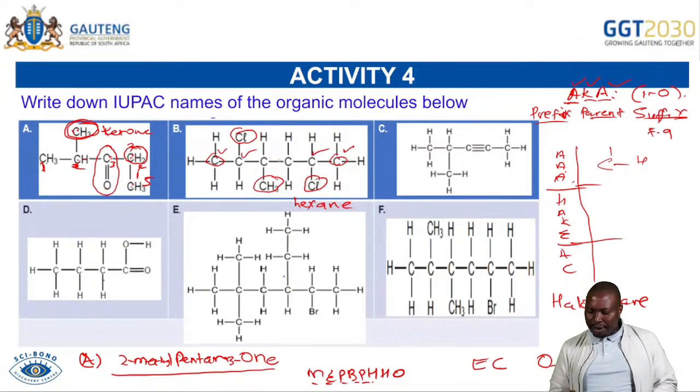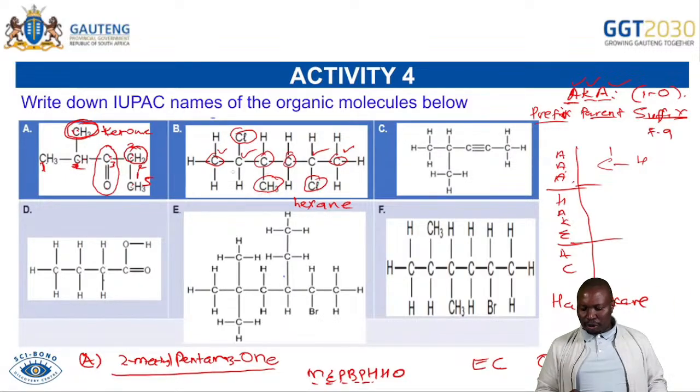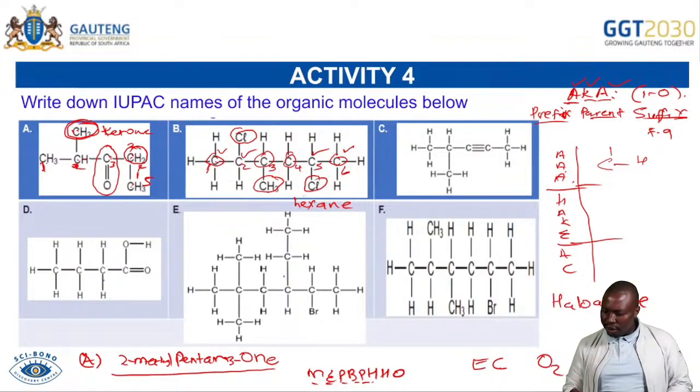But if you go to carbon number 3, this one is saying it's carbon number 3, but it has no substituents. But this one in carbon number 3 from the left has a CH3. So you will always prefer the side that is the most substituted. The side that is most substituted is the one that starts from the left. So you will number from here. It will be 1, 2, 3, 4, 5, 6. So you will be able to see that, oh, it's hexane.